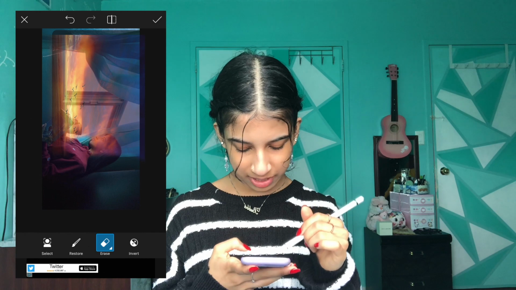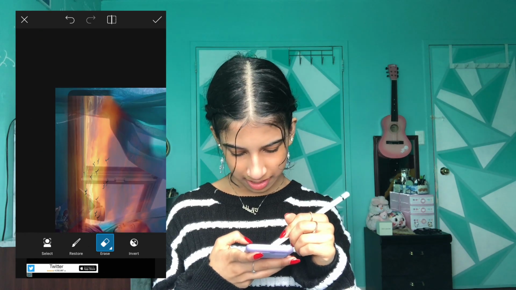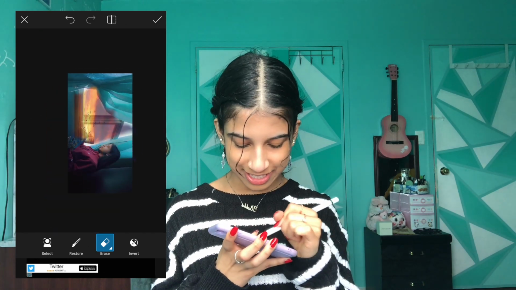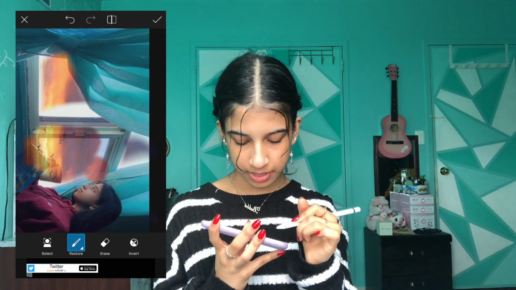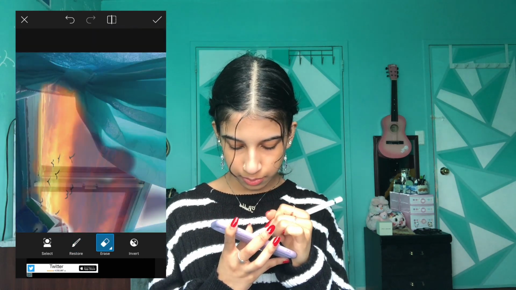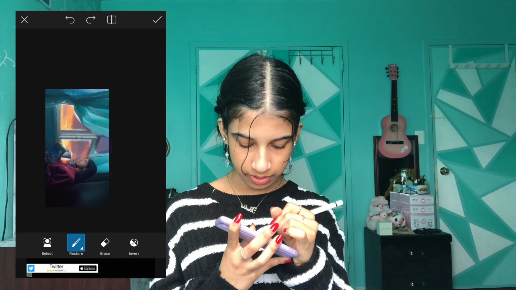I'm not gonna take my time with this like I did when I actually made the thumbnail. I'm just doing this so you guys get the general point. The eraser is obviously way too big, but if you erase something that you wanted to keep, you can restore it after. Okay, my finger works better. Okay, whatever. Alright, so now you have a sky a lot cooler than what you started with.